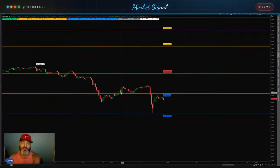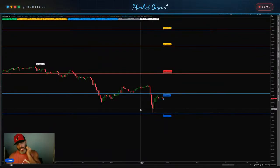Perfect. We get up on top, we hold it as support, we run up overnight into the open, we turn red, we find our first support zone as resistance. Like I said, once we break it, it is resistance until proven otherwise. And it proved that it was resistance, and it goes all the way down to your biggest buy zone of the month and has a